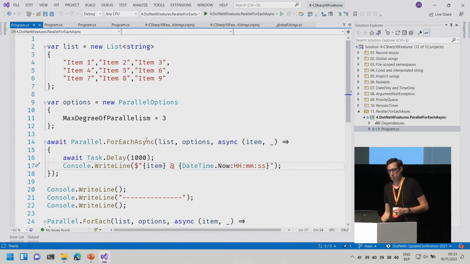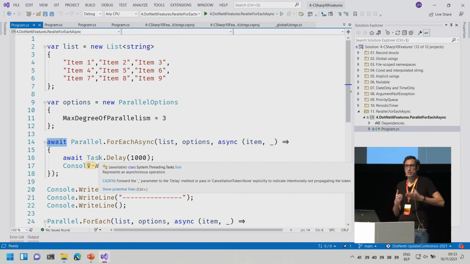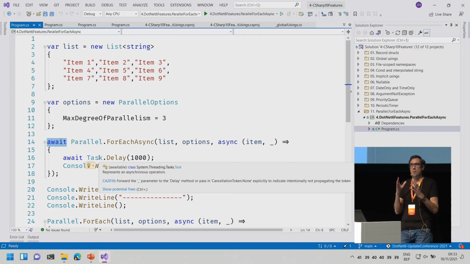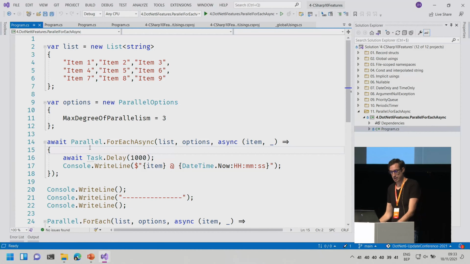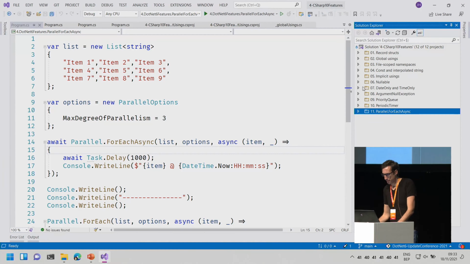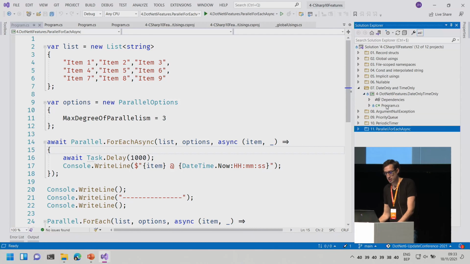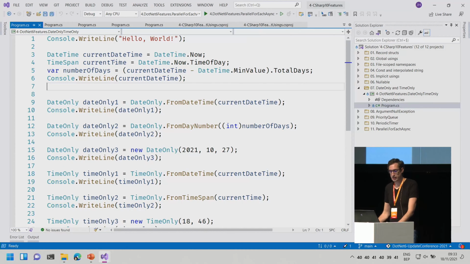But today you can do Parallel.ForEachAsync and you can await. And now it will really await each task individually if you have a maximum degree of parallelism specified there, which is also very powerful because now you really can, as a developer, say, okay, I only want this many tasks to run in parallel. But of course, your list can be longer, so those will be queued, basically.